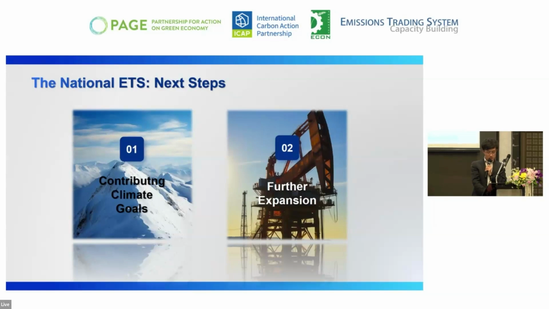Whether the cap would contribute to the climate goal, and how they will be linked, is the next step China would consider, because China hasn't peaked yet. The national ETS hasn't yet considered, if they put a cap in place, how the cap would contribute to the national goal,